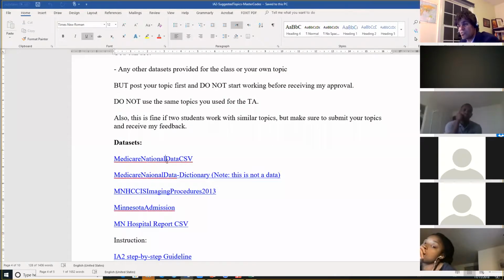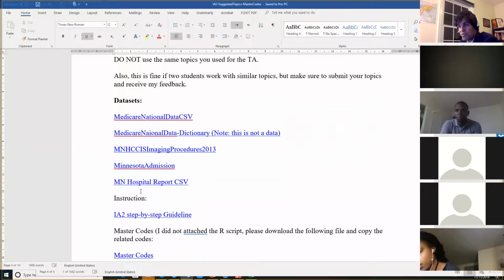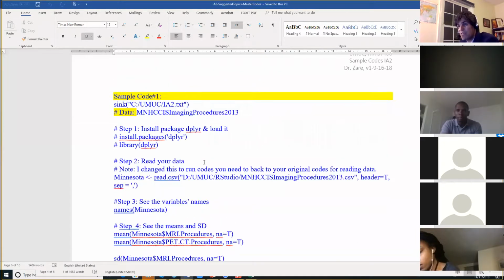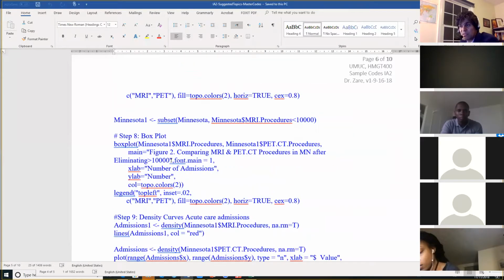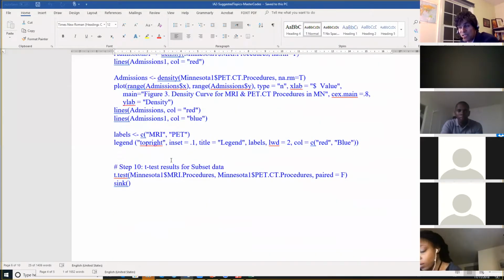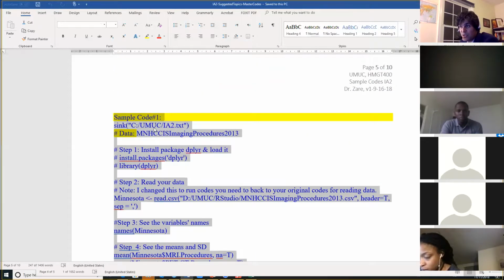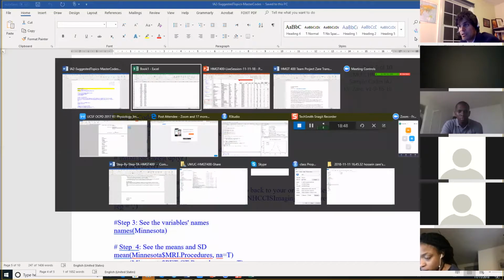In this instruction, this is a link for all the data sets in CSV format: Medicare, Medicaid data, imaging procedures, anything like that. And then this is the code, some example code, the same as the code you have for the team project. What you need to do is copy the code into your RStudio, and then